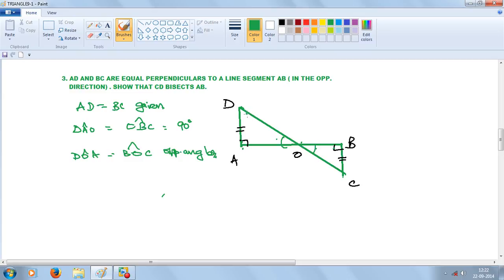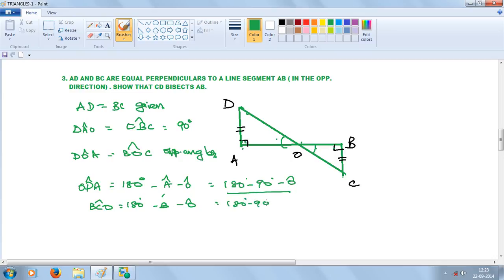Why? Angle ODA is equal to 180 degrees minus angle A minus angle O. Similarly, angle BCO is equal to 180 degrees minus angle B minus angle O, or this is 180 degrees minus 90 minus angle O. When two angles of a triangle are equal to two angles of another triangle, the third